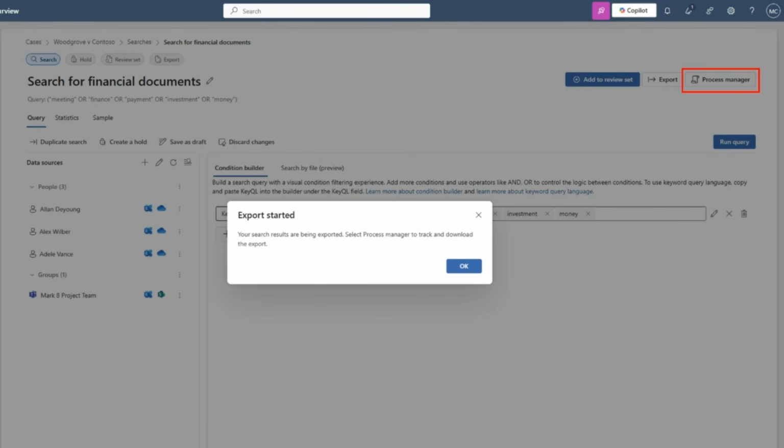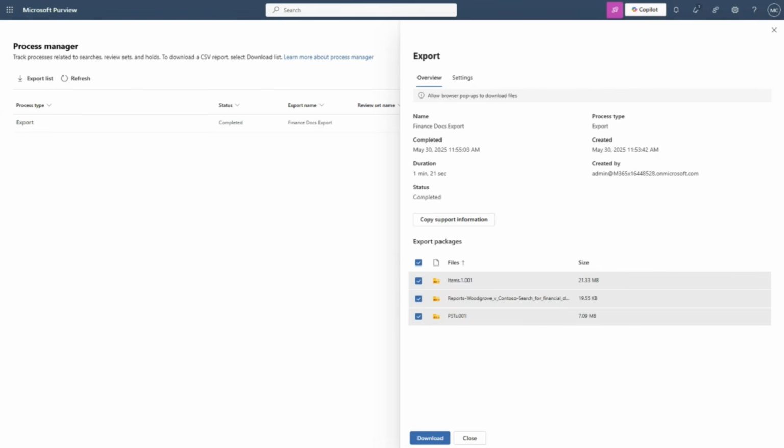So once we've selected the export, it will trigger the export. We can go and view the process status of the job via the process manager. But when we navigate to the process manager to access the downloads, you'll see that we have the export packages available there. So it's important to note that there is no option to export to customer managed